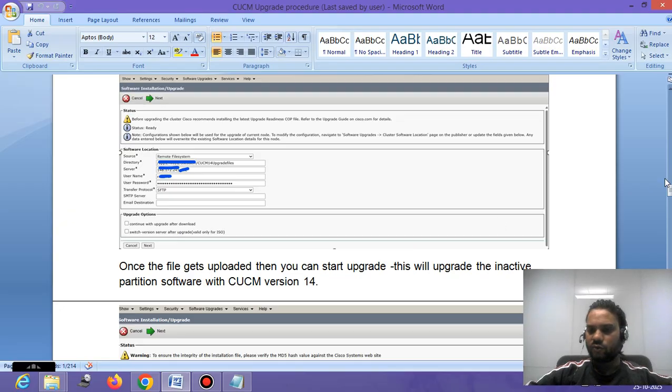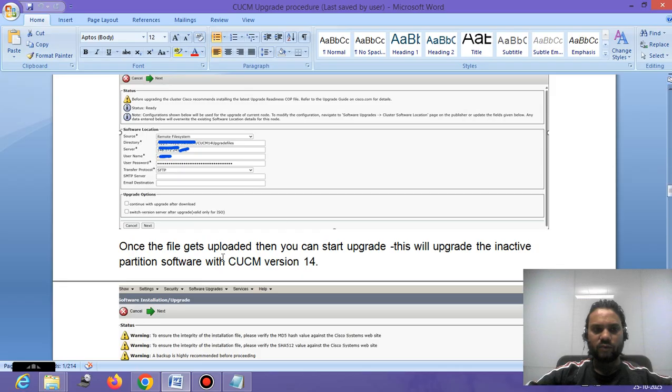So once the file gets uploaded, then you can start the upgrade. This will upgrade the inactive partition's software with Call Manager version 14, right? So you don't have to check both checkboxes. You have to click next,